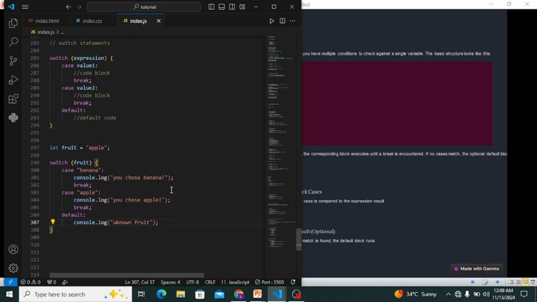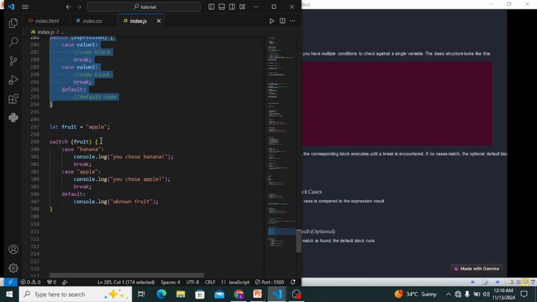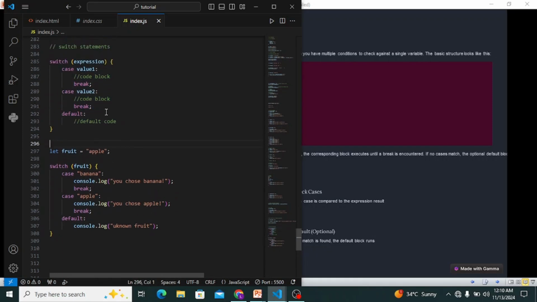So guys, now let me explain what is actually happening here. First of all, this is the formula of the switch statement. Now let's apply that formula to this scenario. You are left with the option to choose what fruit you want. First of all, we give a variable and call it fruit, and then give it a value of apple,